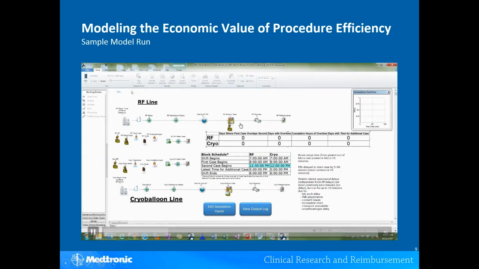But what we can find here is that when that day goes on to completion, what happens is that second RF case took longer, and they ended up in overtime that day, right? Whereas the cryo second case went quicker, and they didn't end up in overtime. Now the model's speeding up, right? It's repeating this over and over again, days of 2 ablation cases, and we're seeing the accumulation of days of overtime,